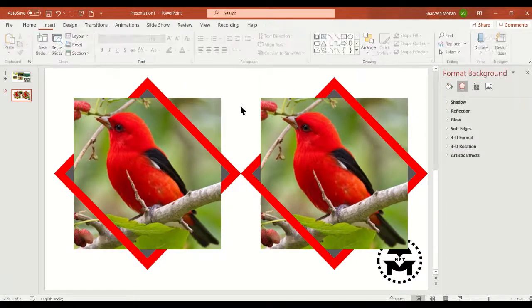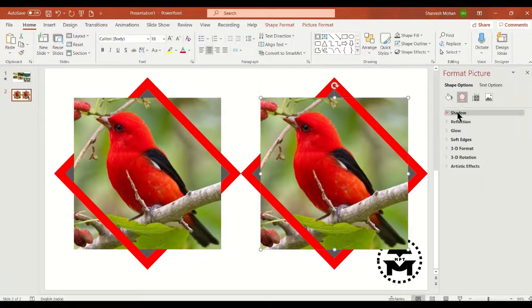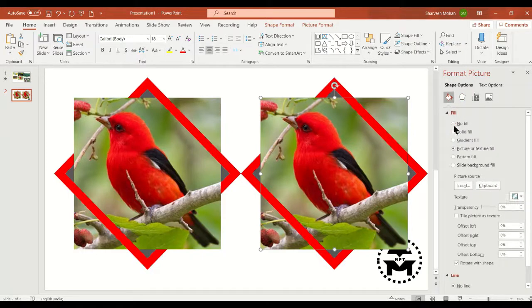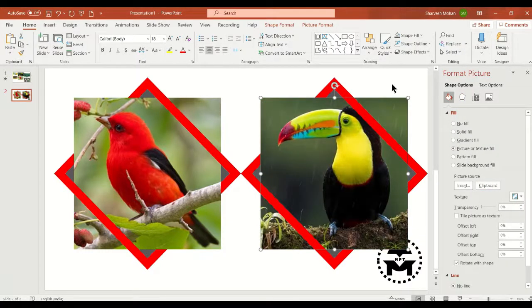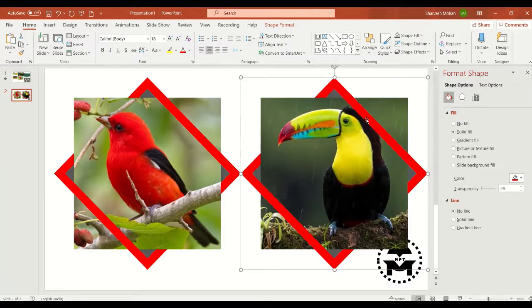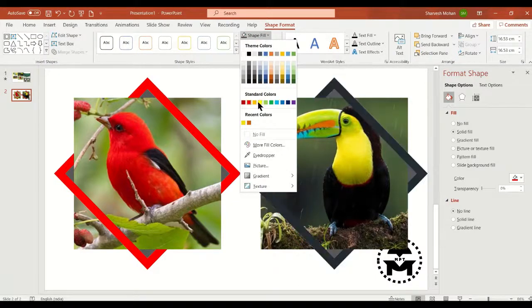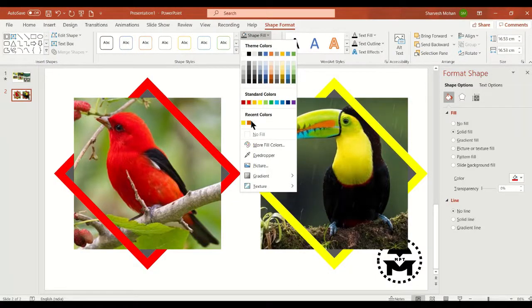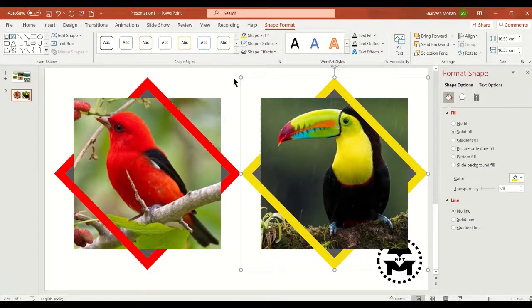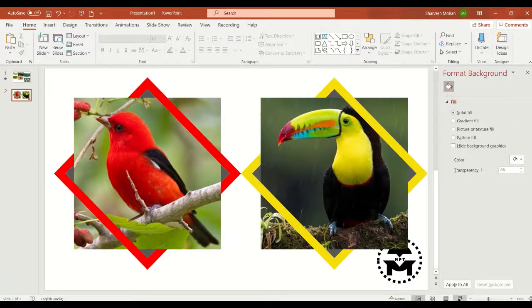Click this, format shape. Go to picture or texture fill, clipboard. We just copied this, and we'll change the photo frame color to maybe a yellow color like this. So we have created the photo frame effect.